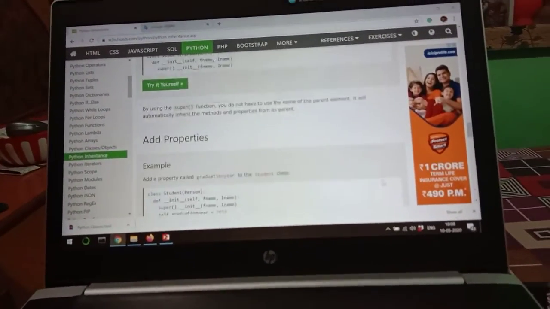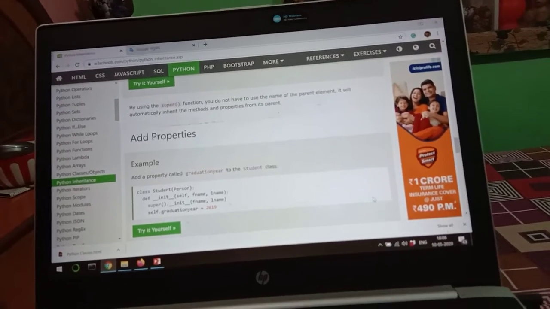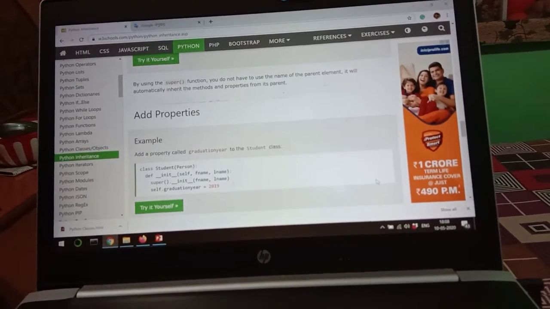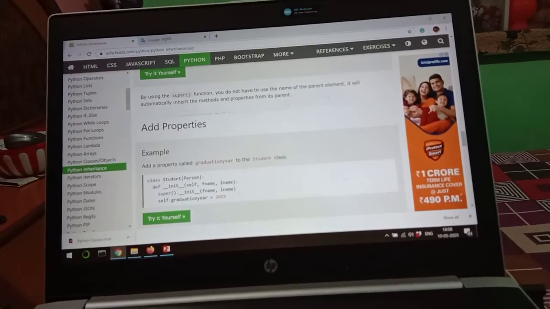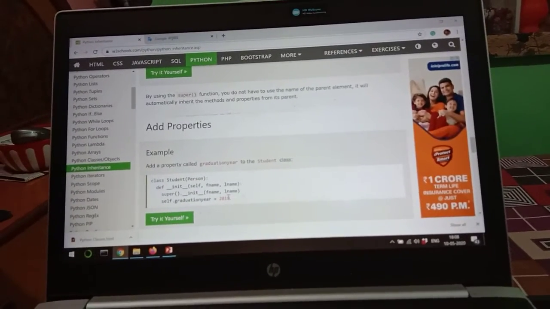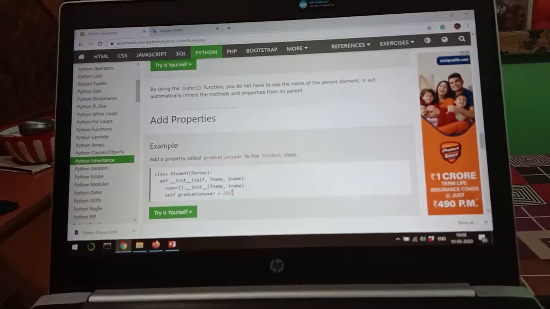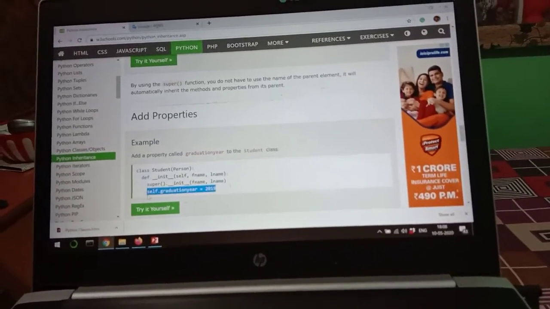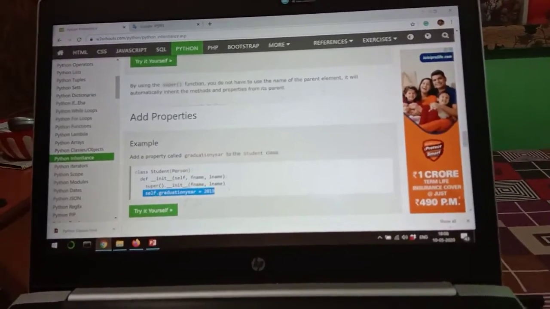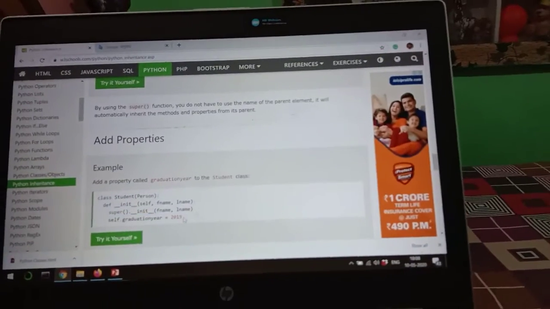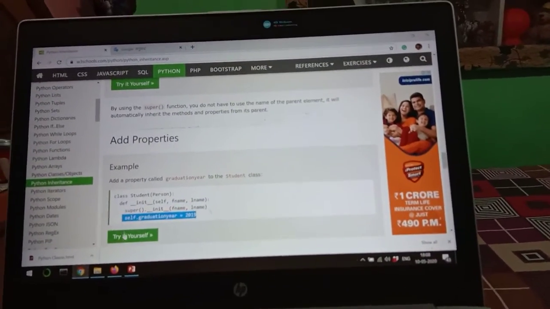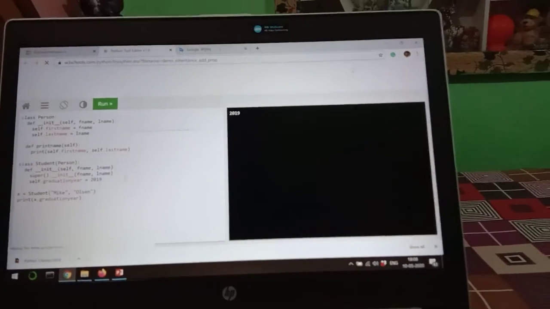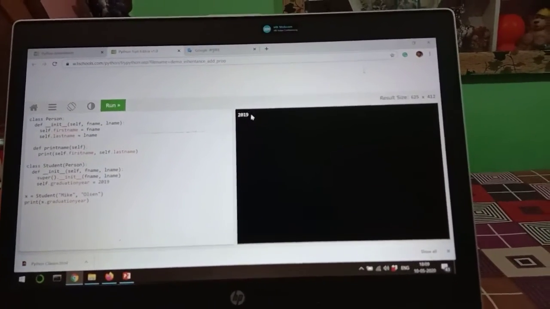Okay. Add property. We can also add a property here called graduation year to the Student class, and the way of adding a property is simply we add self.graduation_year equal to 2019. So when we run this program, we get the output 2019.